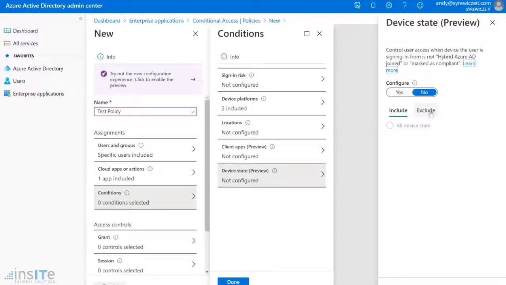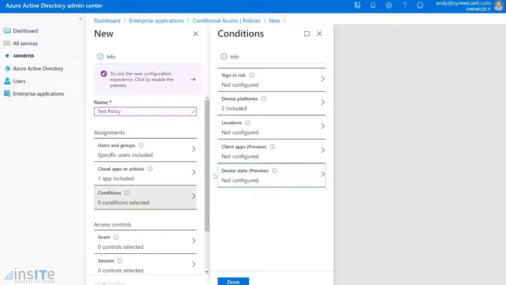Basically, you can do a couple of interesting things here. You can include all device states, but what's really interesting here is you can actually exclude certain devices from this policy if you wanted to. For example, if the device is hybrid Azure AD joined, meaning it exists in an on-premises Active Directory environment somewhere, you could exclude that from this policy, or if the device is marked as compliant inside of Microsoft Intune. Those are two other options that you can do to facilitate exactly how you want this policy to